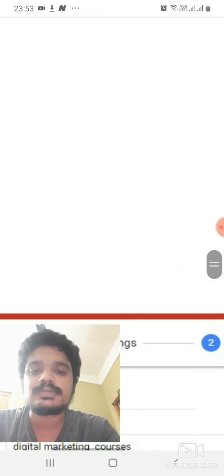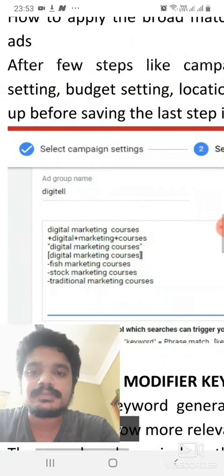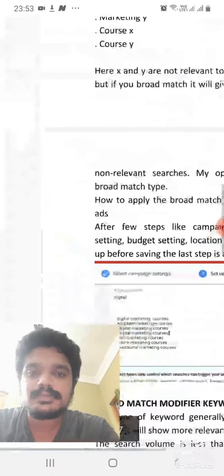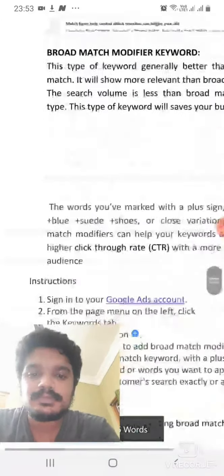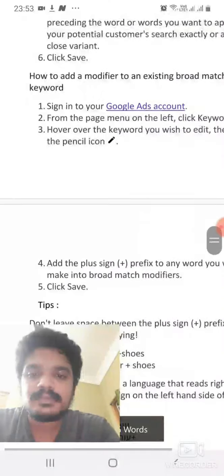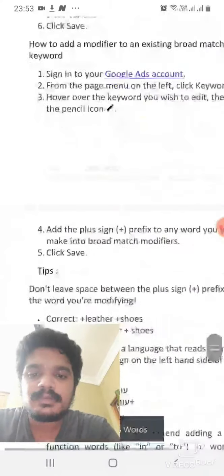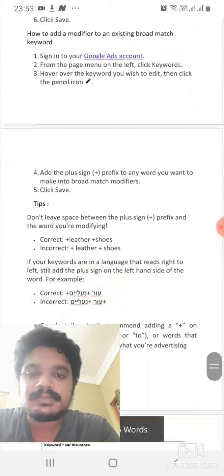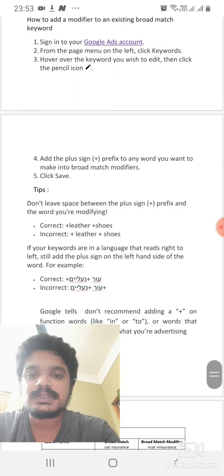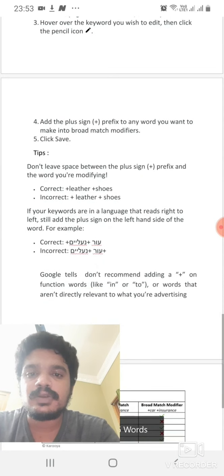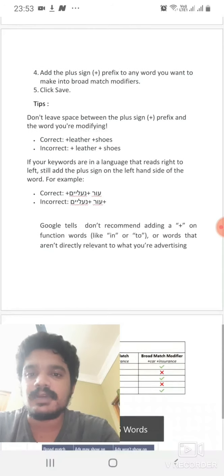Click on the edit icon, then add a plus sign in front of any word you want to make into a broad match modifier, and click save.